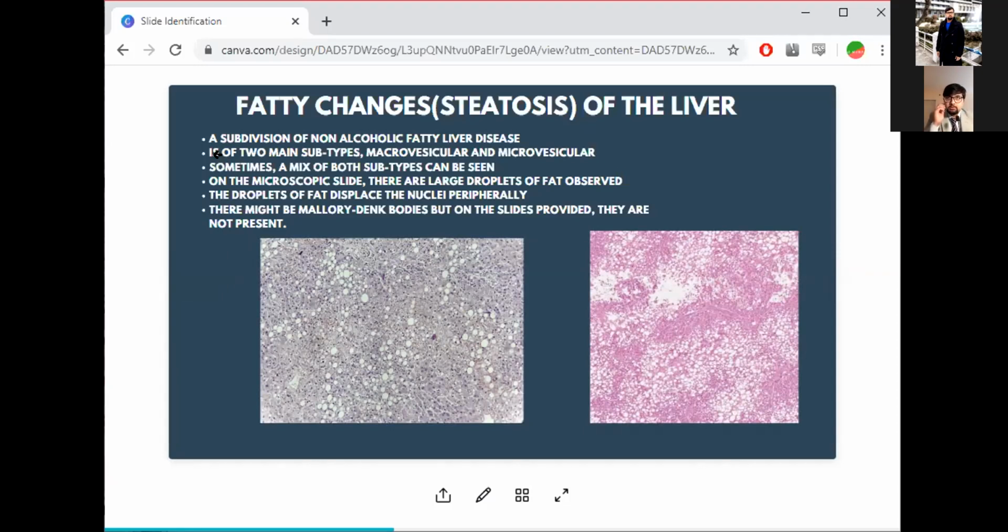That is important because if you look on this slide here to the left, this is the slide that the university has given us, right? You can see that there are these white circles. Okay, these are fat droplets within the hepatocytes. And if you look more closely, you'll be able to see that the nucleus has been peripherally displaced. So in order to understand that, you need to go to a very high magnification and investigate these white droplets, right?